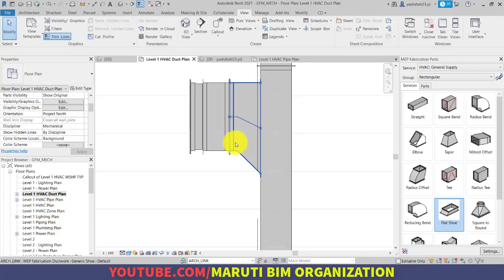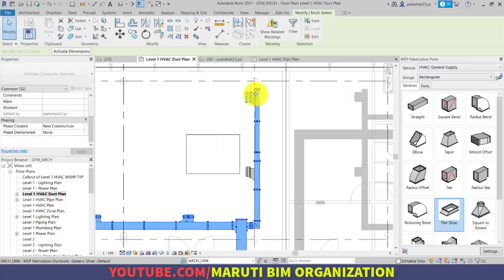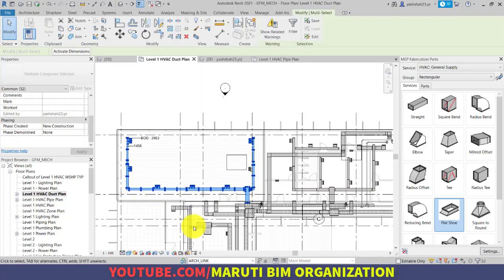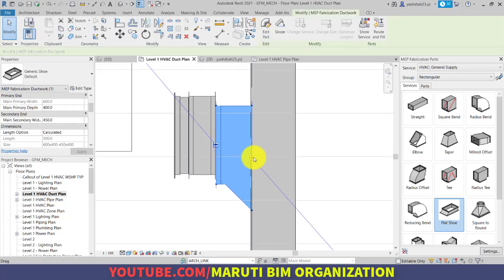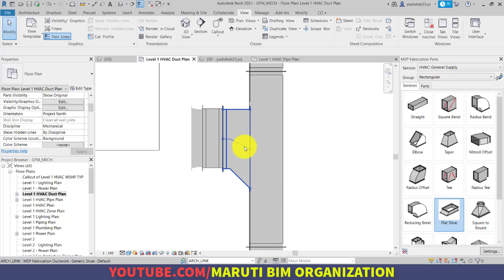Now as you can see, if I press the tab key, all the connections are applied properly, but here it has not been applied properly. So let us fix that connection as well. Now tab key.